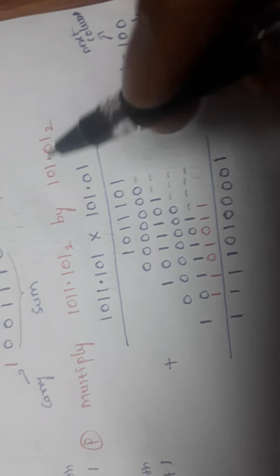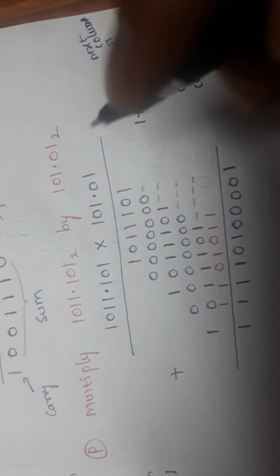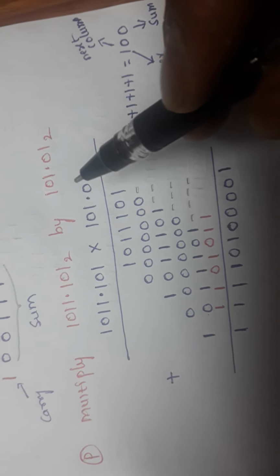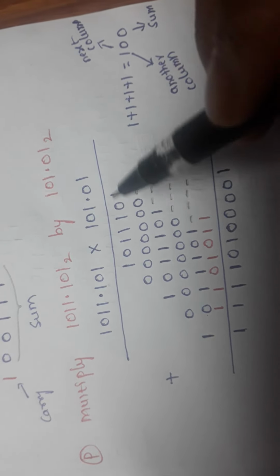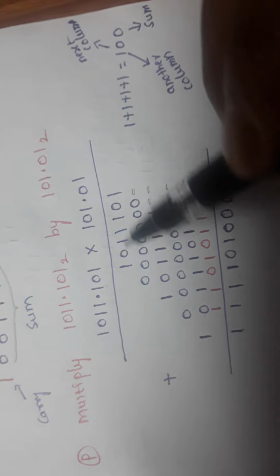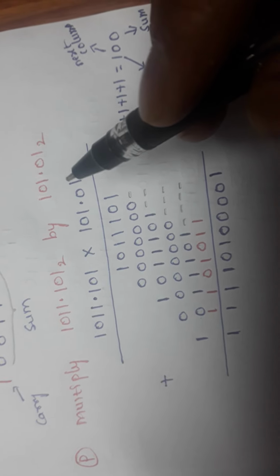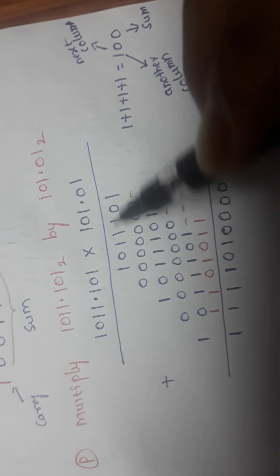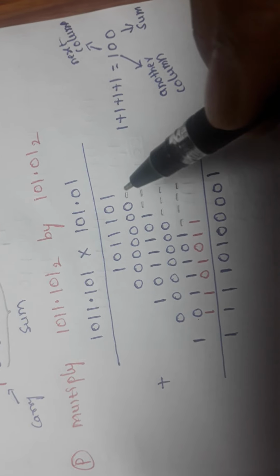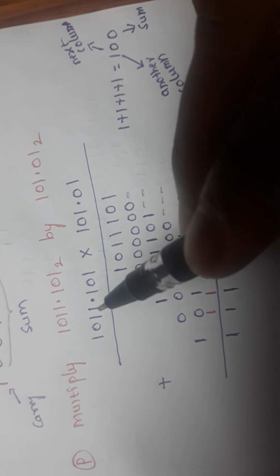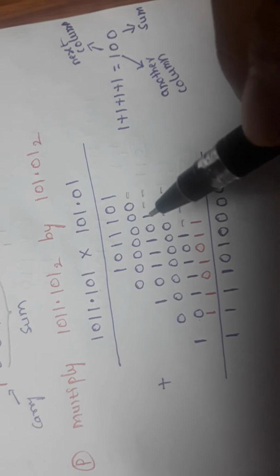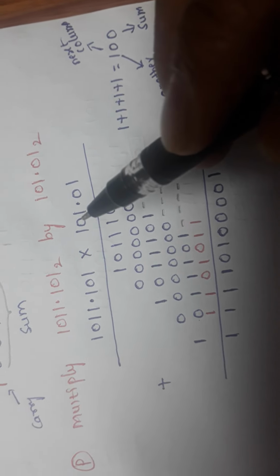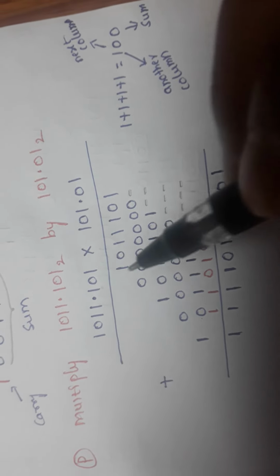Now if you observe one more example, multiply 1011.101 base 2 by 101.01 base 2. First of all I want to multiply with this 1, then 1 into anything becomes the same thing. Don't forget, I am not going to use any decimal point here. Then simply 1 into anything becomes the same number, just shift by one digit. Then 0 into anything becomes 0, then once again shift. Then 1 into the same thing becomes the same thing, then shift. 0 into anything becomes 0, then 1 into this becomes the same thing.